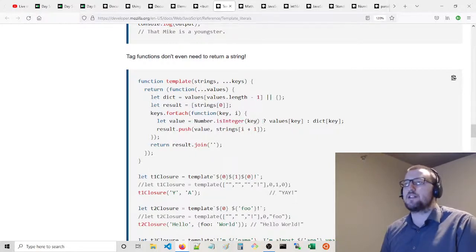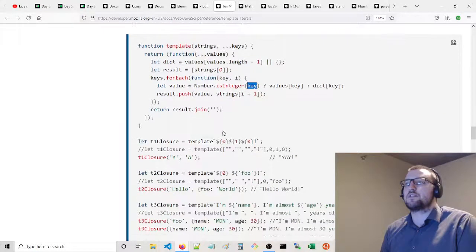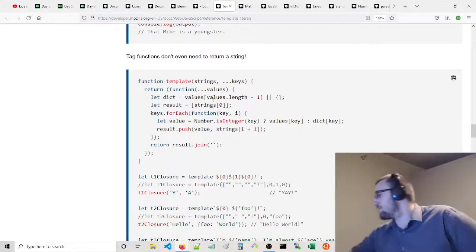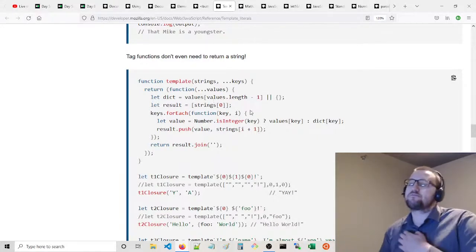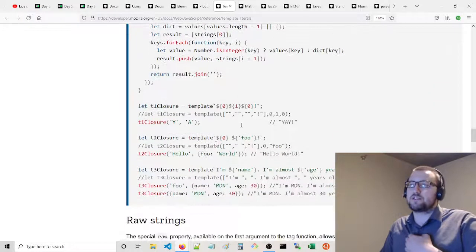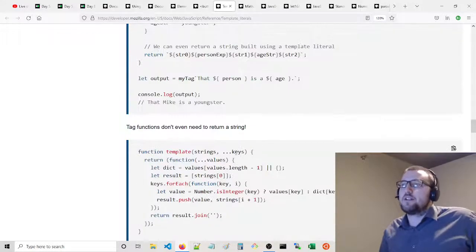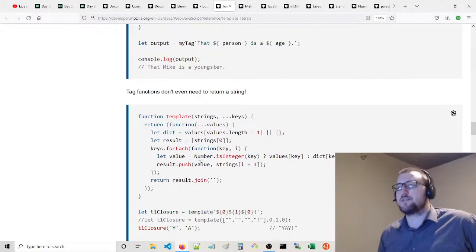Value is going to be, if the key is an integer, which in these cases it is. But if it's not an integer, then you're going to look up in the dictionary. If it is an integer, then you're going to directly grab one of the values that you've been given. So that's really interesting. So you should have a sequence of key, values and then a hash map, and then you're going to push the result value strings of i plus 1,